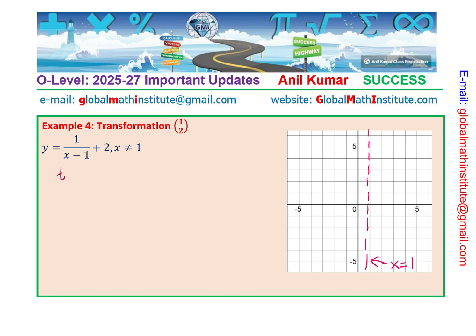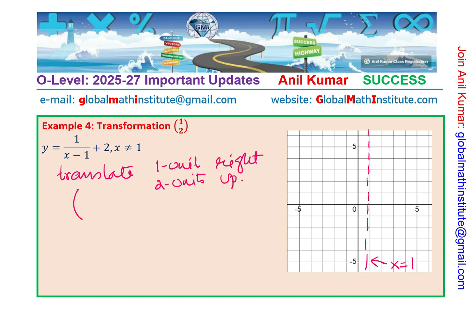So translate 1 unit right, correct? And that plus 2 means 2 units up, correct? So in vector notation, we can also show this translation as x value is 1 and y is 2,